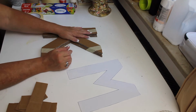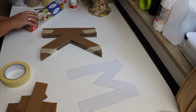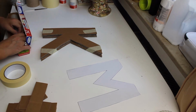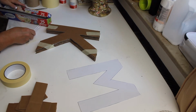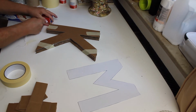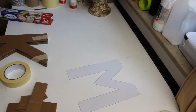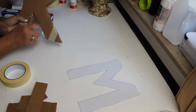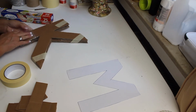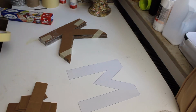So what I was going to do now was wrap it with the tape first, but you know what? I'm going to take the saran wrap and take pieces of it. I'm not going to make the pieces too big. What I'm going to do is first wrap the bottom area. Make sure that you got the bottom. And then that's when you take your tape